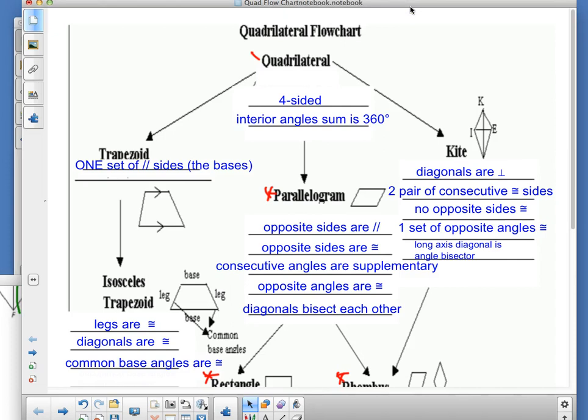fill out the quad flow chart. Remember, this is the last piece of your quad flow chart that we need, about kites. So that's here. Take the next 3 minutes, get that done. Make sure you get those other things completed. Make sure you're familiar with that quad flow chart. And today you should be adding